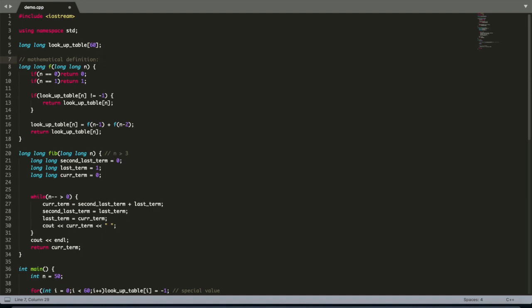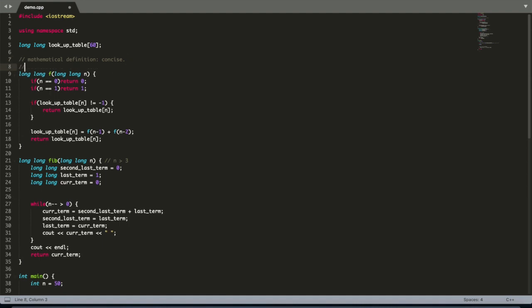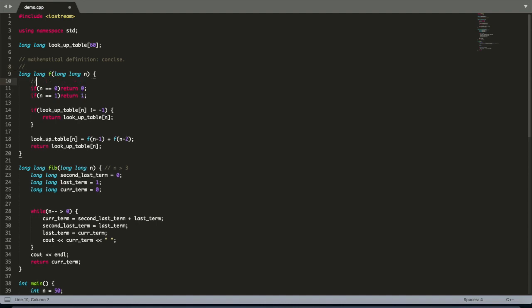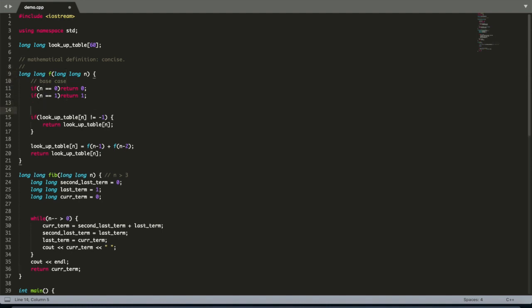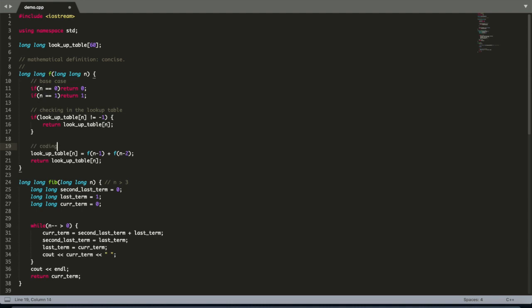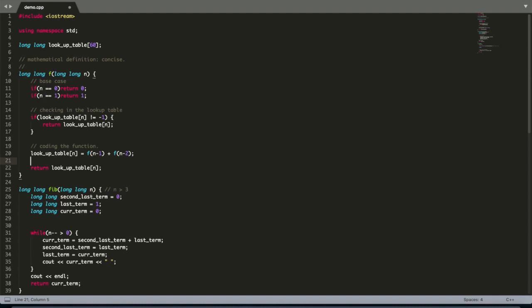Moreover, it is also a cleaner approach, according to me. It is more concise. And we are effectively breaking it up into three specific chunks. So, for example, the first part is where we define our base cases. The second part is the lookup table part, which is actually at the heart of dynamic programming. And then finally, we have our actual transition from the different other recursive calls to my own recursive call,